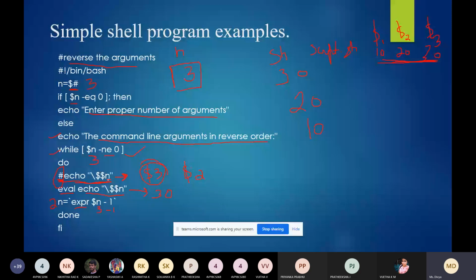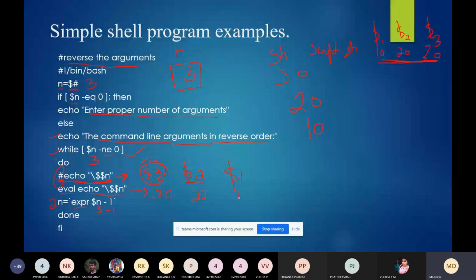Here n is equal to $#. The first time you execute, the number is 3, so it will display $3. The second time, n will become 2, so it will display $2. Next time it will display $1, which has 20, and then it will display 10.